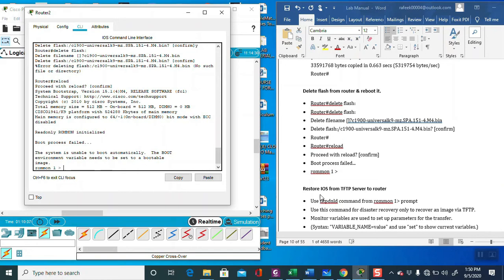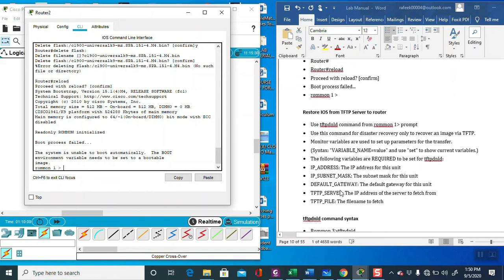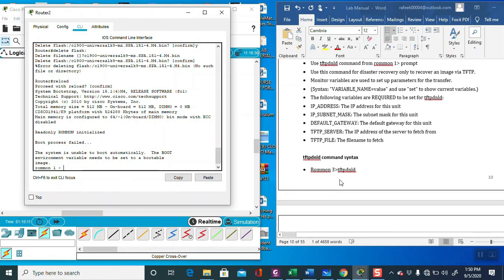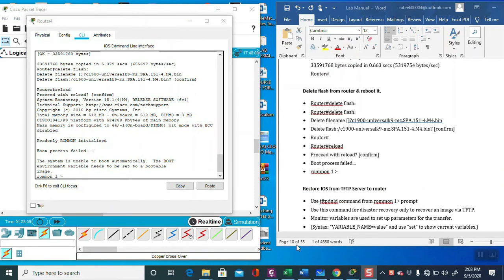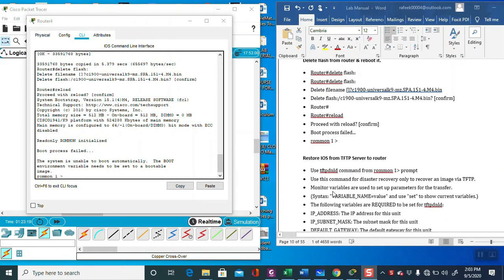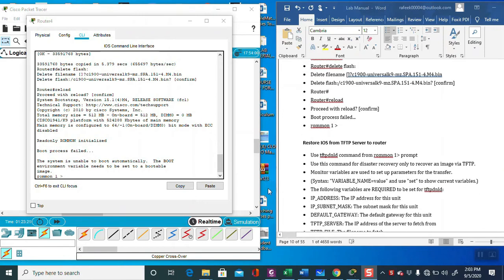Now we are going to restore. For restore, I have already told you in the beginning, you have to provide some parameters. Suppose you write this command tftp. We deleted the file and again we tried, and the process failed. Now we have to reload from the server.